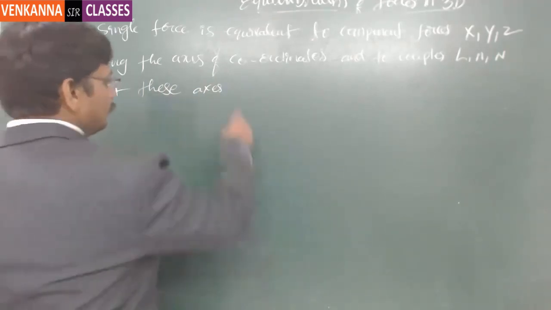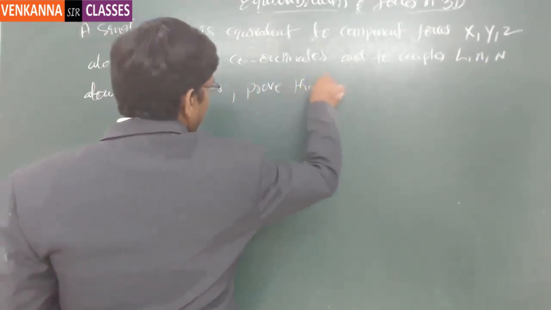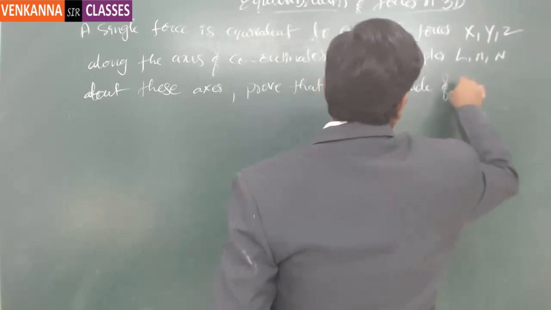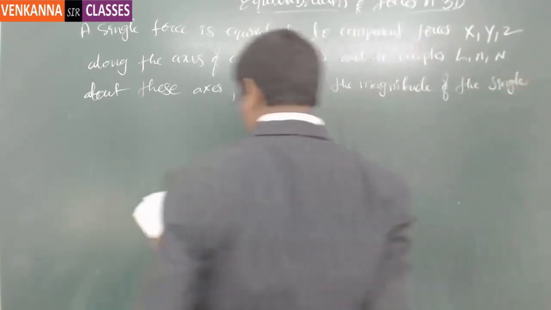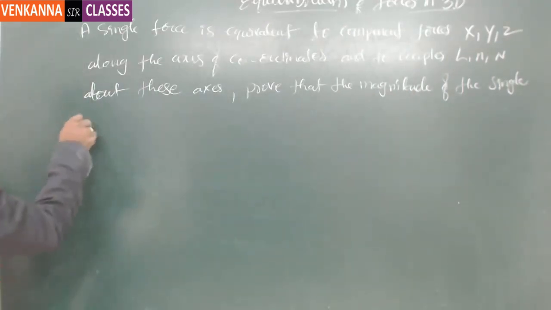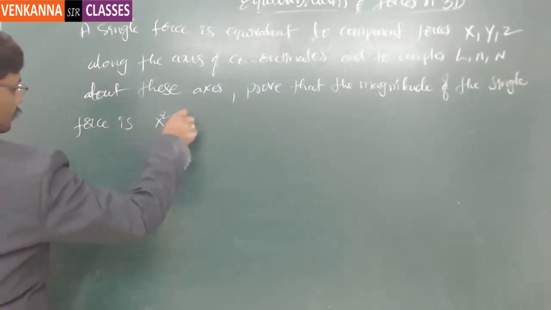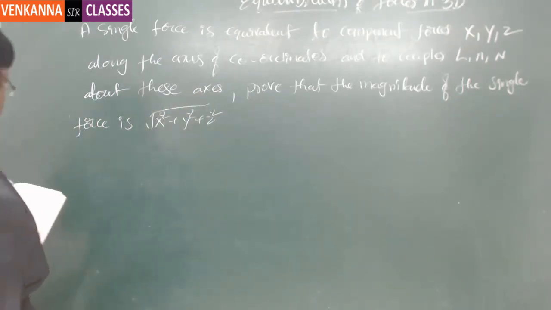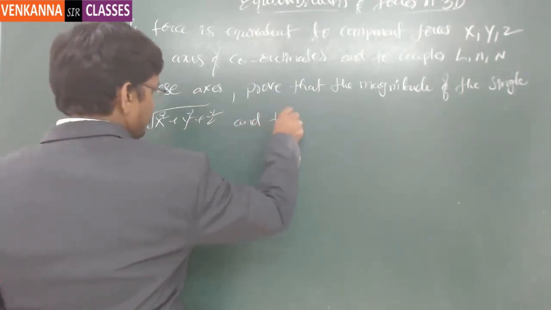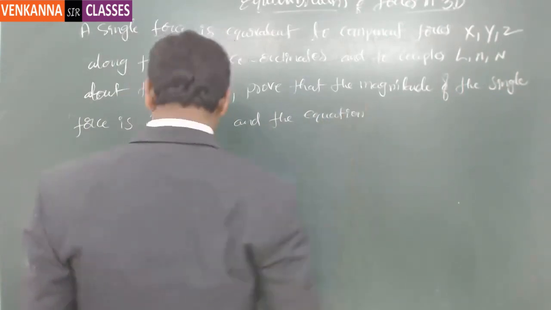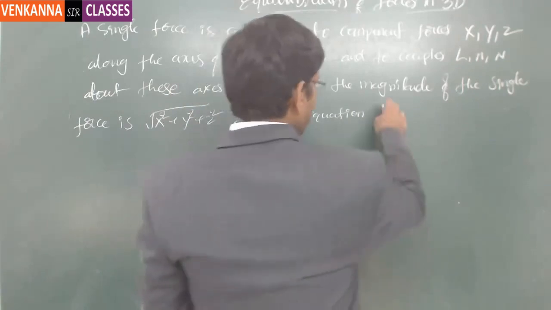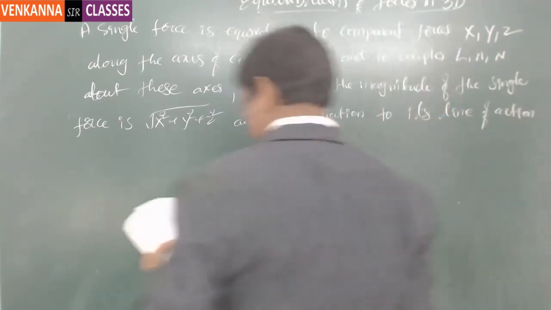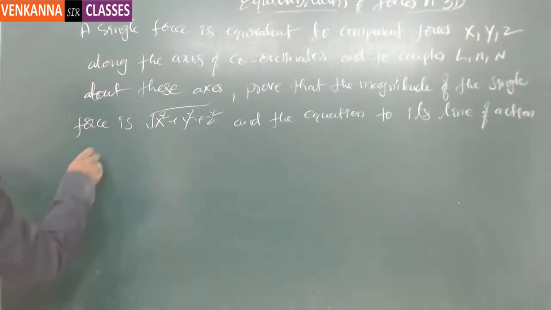Prove that the magnitude of the single force is square root of x square plus y square plus z square, and the equations to its line of action are